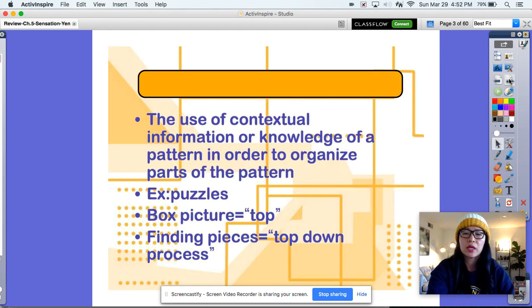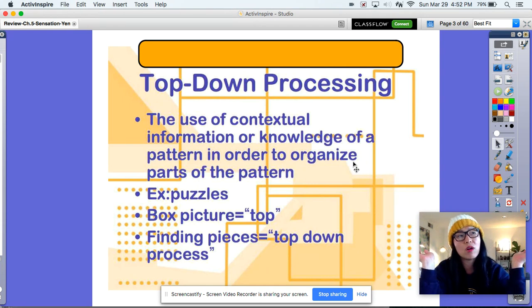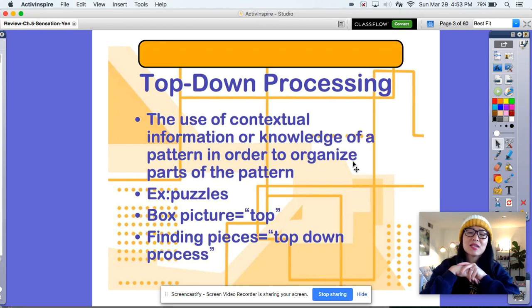Alrighty, this one is a confusing pair with a couple more slides. This is where we take the big picture and break it down. This is the one where we talked about the puzzle. This is top-down processing. We use our prior experiences and our knowledge to break down information. When you're doing a puzzle, which maybe some of you are doing a lot of right now because we're all on quarantine and shelter in place, most of us would prefer to have the cover box so we know what our end goal is. Because we have this top picture, we're then able to use all the little pieces to create the